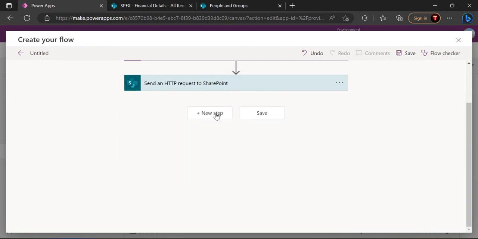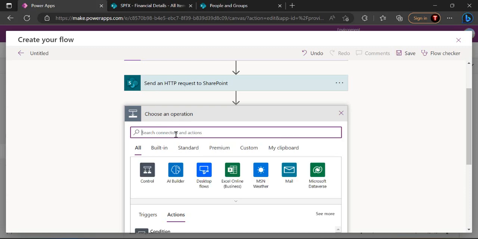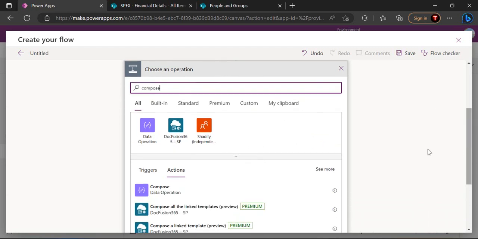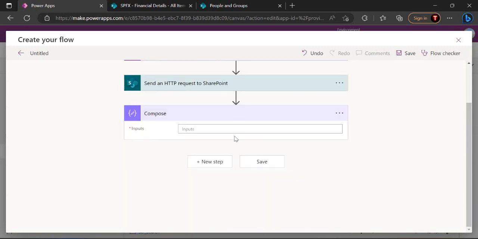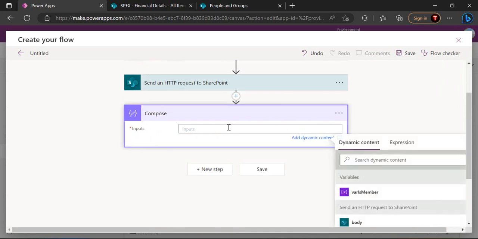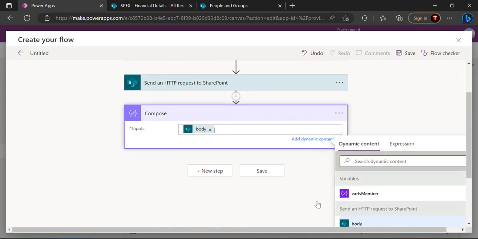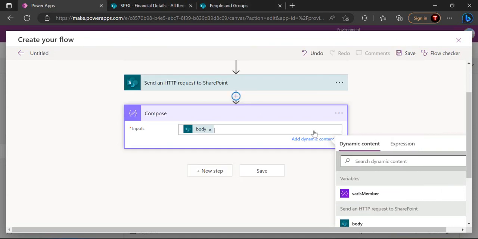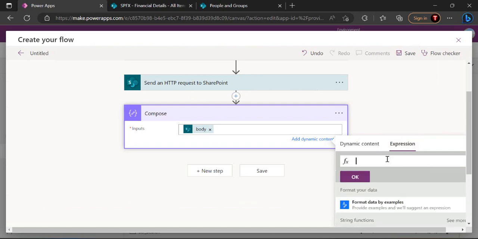And once we have this output of this send HTTP, we can just capture that into, let's say, compose, because we need to actually do some operation so that we can extract the output in a comparable way. In the output, you can see I can select body, but I need to have the body.d.result. So I'll have to place this. If you look at it over here, I need to get this formula. So I can just paste this